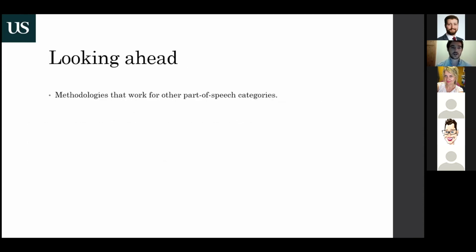But I think this is only the start of the journey that we can have with lexis as sociolinguists. So some of the things that I think need to be addressed in the near future are that other methodologies should be developed which are appropriate for other part of speech categories. So Justyna's semasiological elicitation procedures are particularly useful for adjectives. I've shown they work slightly less well for nouns, but I think it would be brilliant to develop a methodology which works even better for nouns and also includes other parts of speech categories, so verbs and